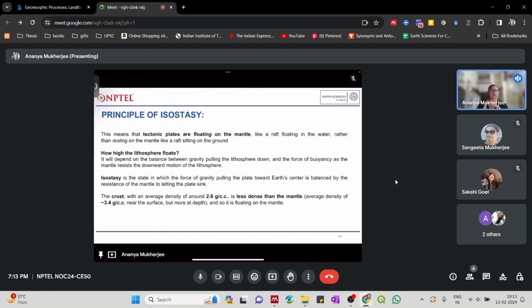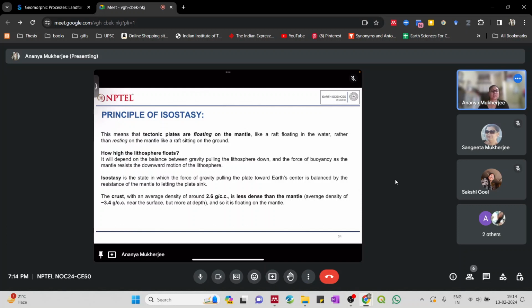So isostasy in itself is the state where the gravitational pull that is exerted on the tectonic plate is balanced by the resistive force that is exerted by the mantle, so that the plate does not sink. So as we had studied when we were talking about the Earth's interior,